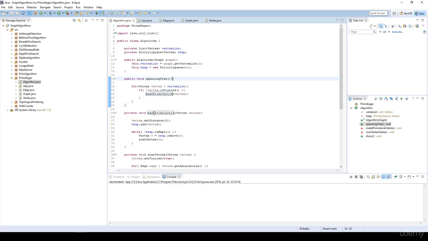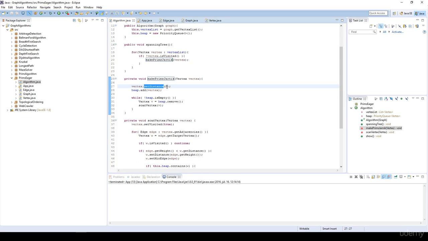Okay, and basically Prim's algorithm is going to get a vertex, because we have specified a vertex here, and set the distance to be 0, because we are standing here; the distance from the minimum spanning tree is 0. Then we add this vertex to the heap, and while the heap is not empty, first we remove the vertex